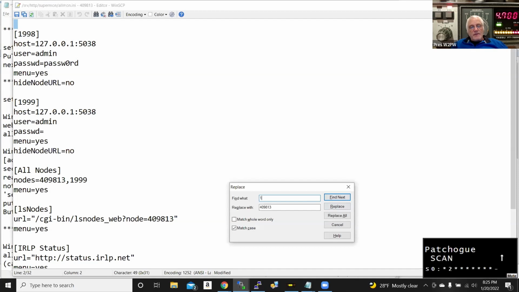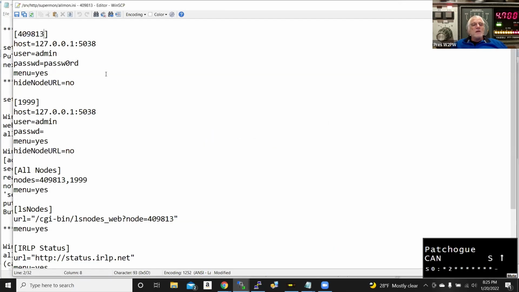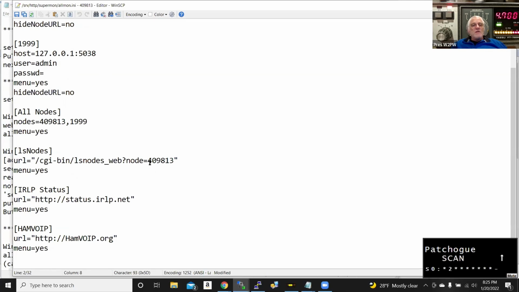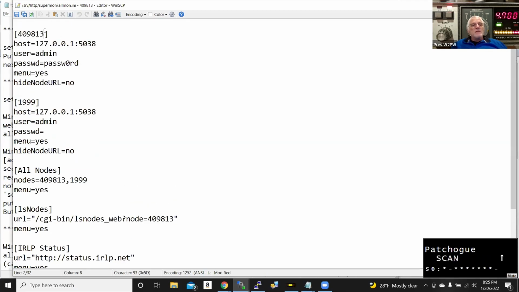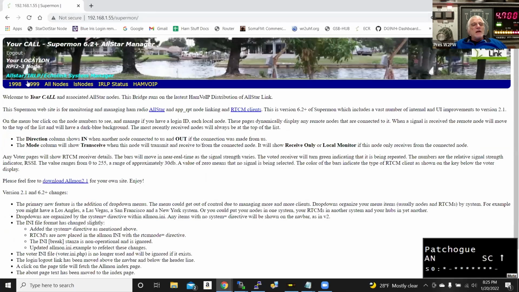Start from the top, found 1 more. Okay? So now I've got 409813, which is my node, in my Almond.ini. If I save that and I go back over to this and I refresh,